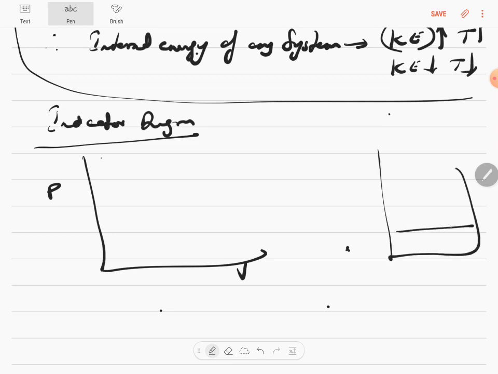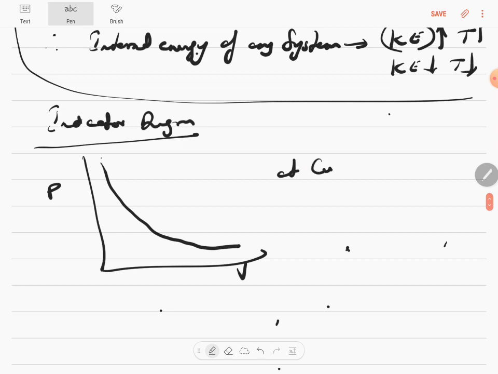As pressure increases, volume will decrease. So that's something that you know. This is the graph that you should draw at constant temperature. At constant temperature, that's a keyword. You have to keep one parameter constant. So, pressure and volume,